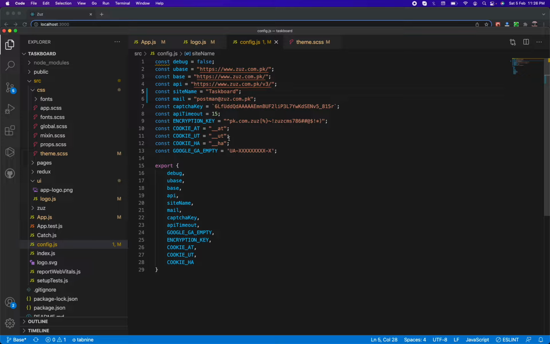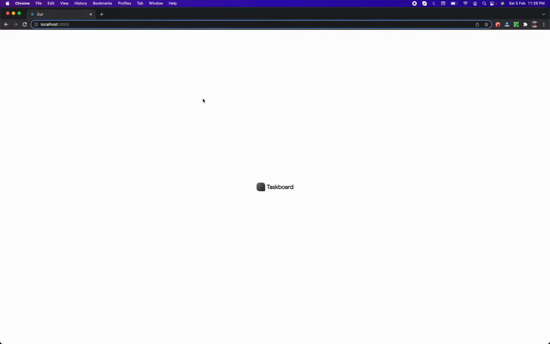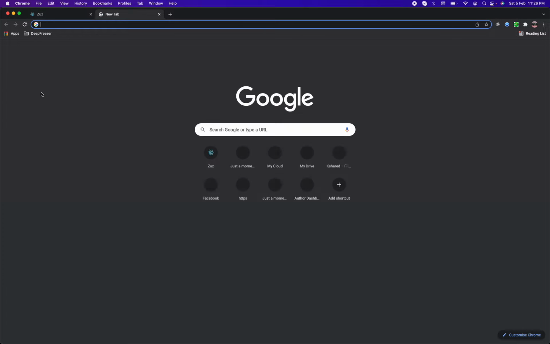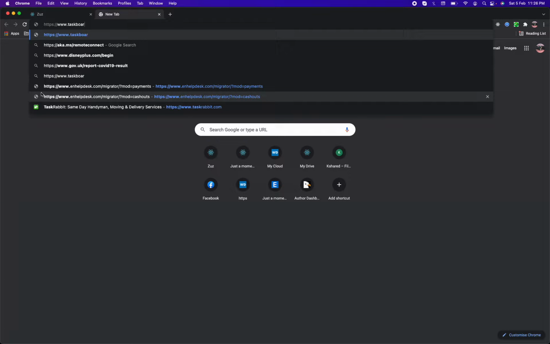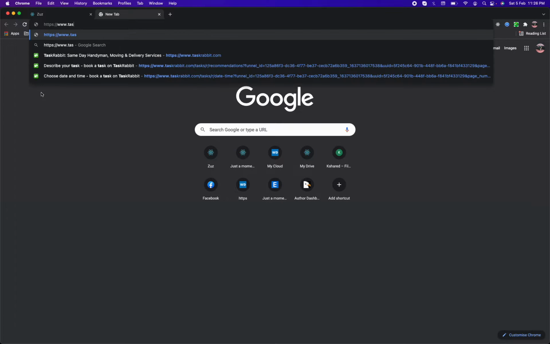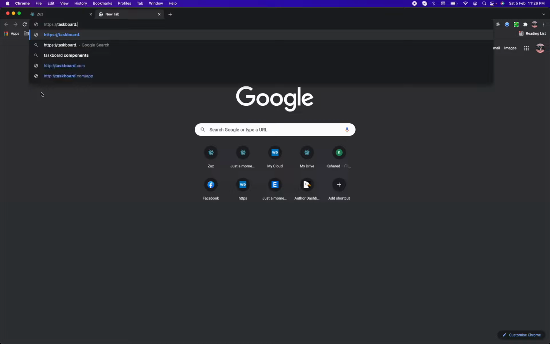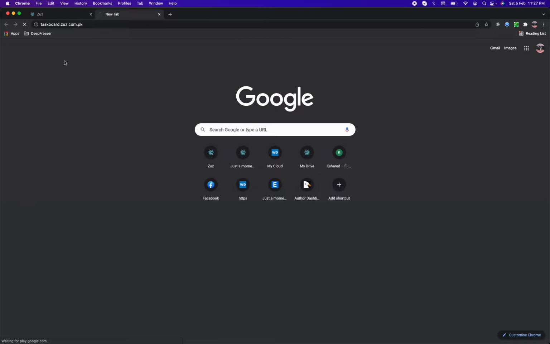Now I change the domain inside config.js, because I have created a nice subdomain that is https://www.taskboard.pk. Oh sorry, taskboard.zeus.com.pk, and here we go, because it is just a subdomain setup. You can't see anything right here, but I can accept all the API queries in backend because